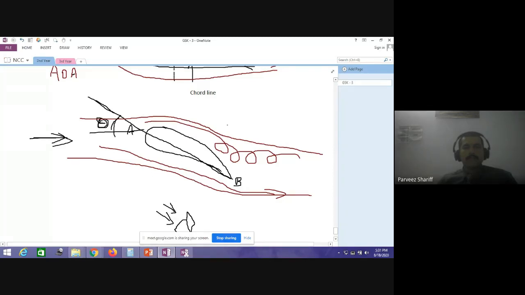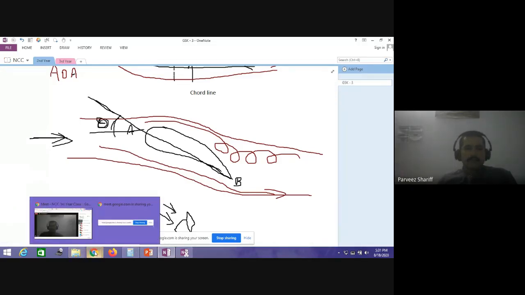The air which is flowing above the wing is not meeting the air which is flowing below the wing, and turbulence is created. Okay. So this is the turbulence. When the turbulence is created, what happens? The lift cannot be created by the wing and it enters into stalling condition. The angle of attack is nothing but the sudden change in direction of the chord line. So how much you can suddenly increase, that is normally 15 degrees. For fighter aircraft and others, the angle of attack is much higher. So I just want to show you that slide. Just hold on.